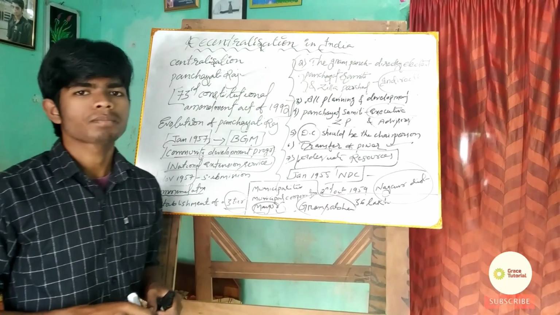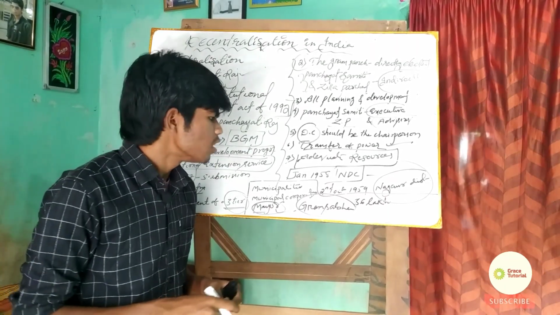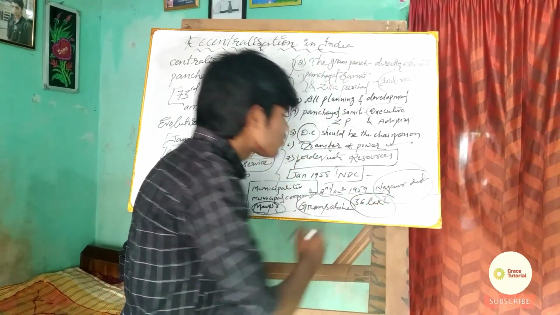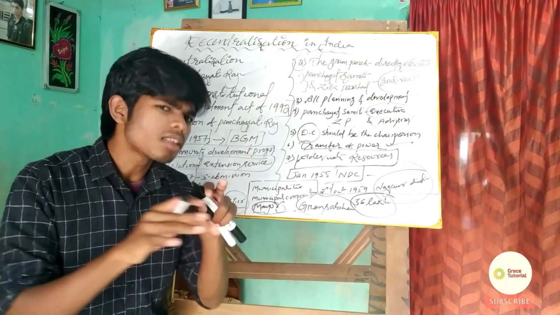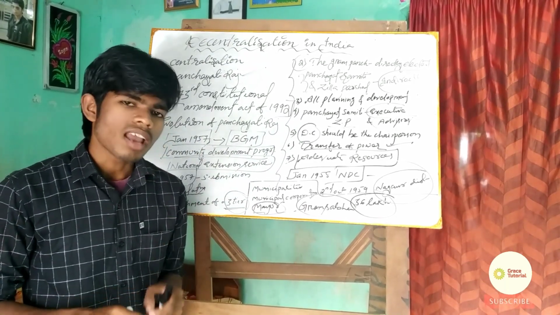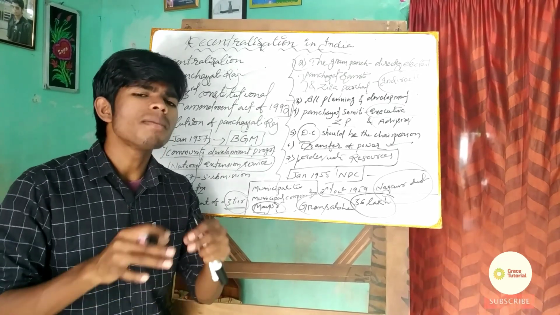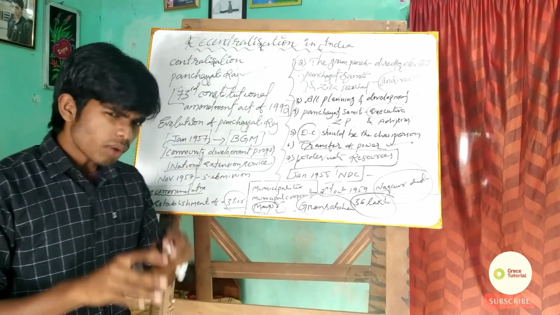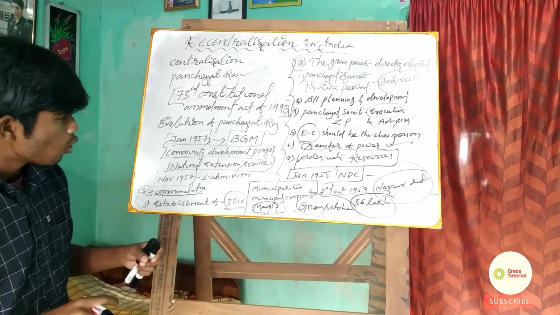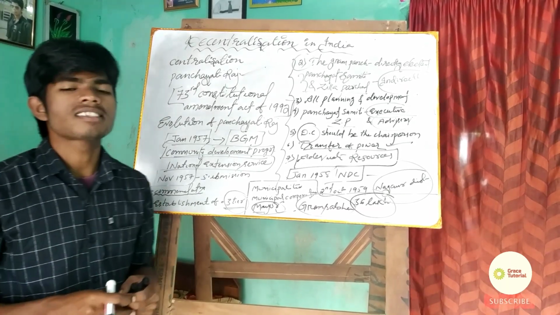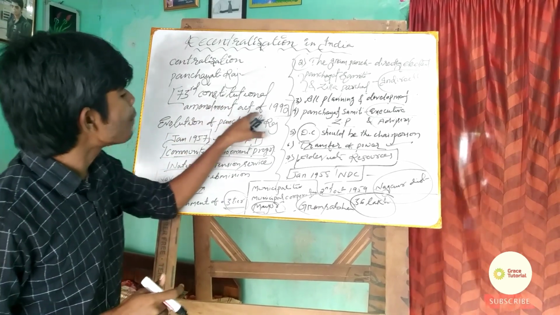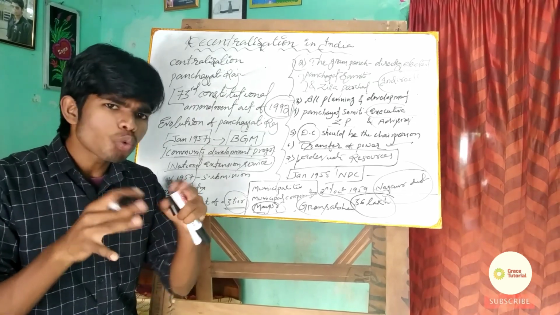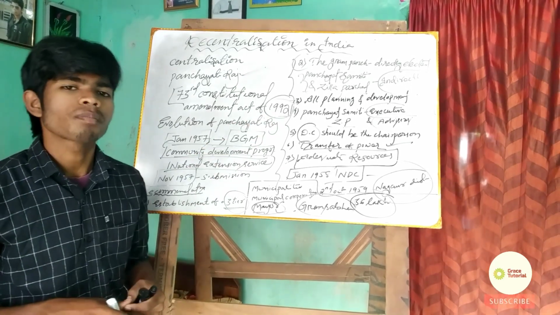If you look at some of the data in India, there are over 36 lakh elected representatives in the panchayats and the municipalities, which is even a bigger number than the population of many other countries in the world. It's a very big number. We need to understand the point: what is the significance of the 73rd Constitutional Amendment Act of 1992? It was the major step taken towards decentralization in 1992.